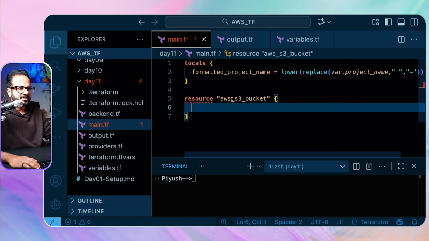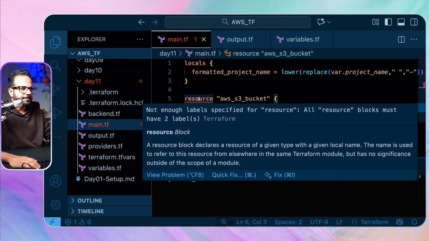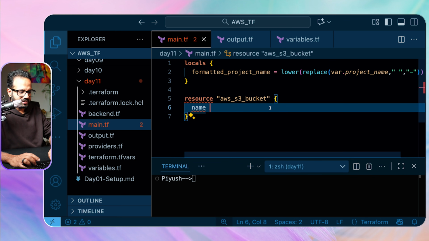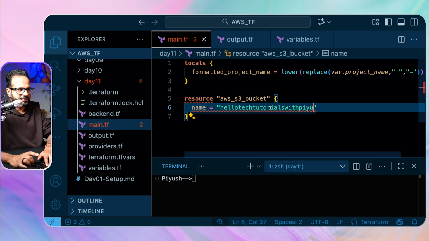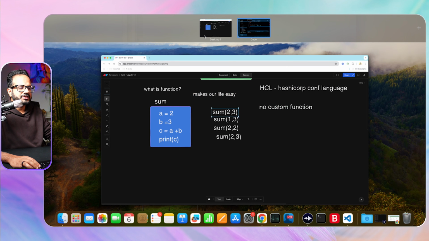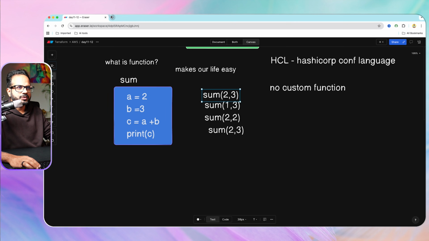We'll see. Not enough labels specified, must block have two labels. Okay, we'll see. Name is equal to hello tech tutorials with Piyush. I think there is some issue with the resource name, so let's go and check